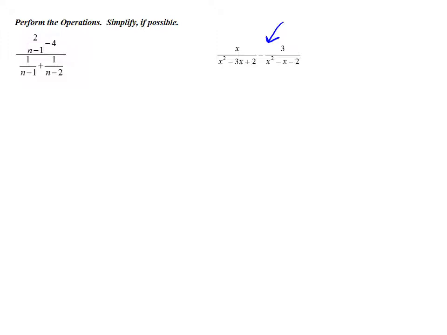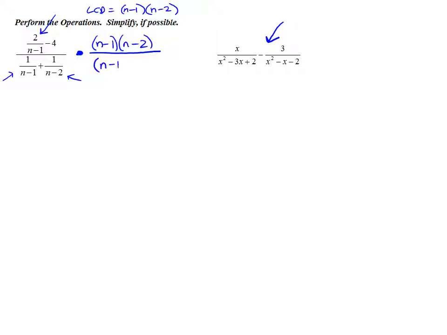So when I look at the smaller nested fractions, I've got 1 here in the numerator, 2 over n minus 1. So the LCD is going to have n minus 1 in it. And then in the denominator, I have 1 over n minus 1 and 1 over n minus 2. So I already have the n minus 1 in my LCD, so I'm going to have an n minus 2 there as well. What we're going to then do with the LCD is instead of rewriting both top and bottom with it, we're going to multiply the entire fraction by n minus 1 times n minus 2, the LCD, on